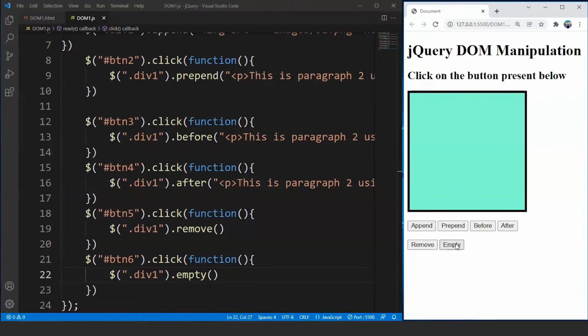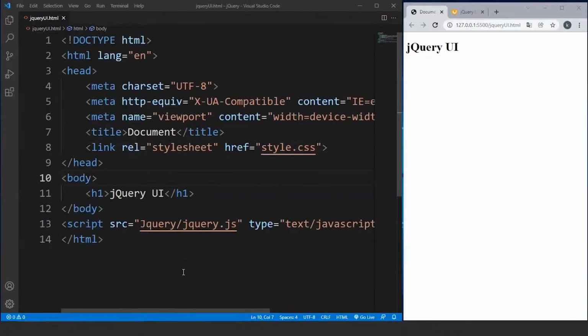With this, we come to the end of this jQuery DOM manipulation tutorial. jQuery UI is an open source JavaScript library built on top of the jQuery library. So let's go through the website for jQuery UI, and the rest we'll discuss over there only. What we'll do is go to Chrome and write here jQuery UI, press enter and click on the